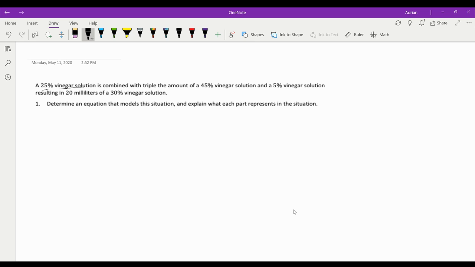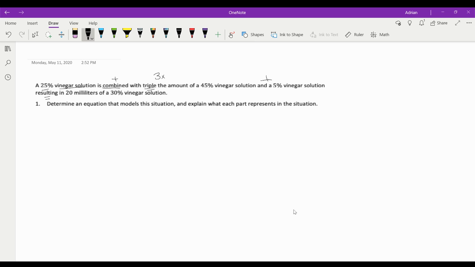A 25% vinegar solution is combined, so that means we're going to add it to triple the amount. Triple the amount means we have to multiply it by 3. That's what triple is. When we double it, we multiply it by 2. Triple, we have 3 times of it, and whatever the amount is for 25%, and of a 45% vinegar solution and a 5% vinegar solution. So then this is added to another 5% vinegar solution, resulting in, which equals 20 milliliters of a 30% vinegar